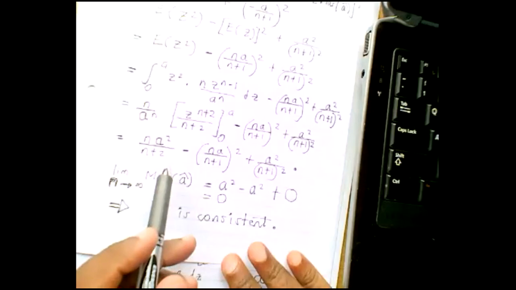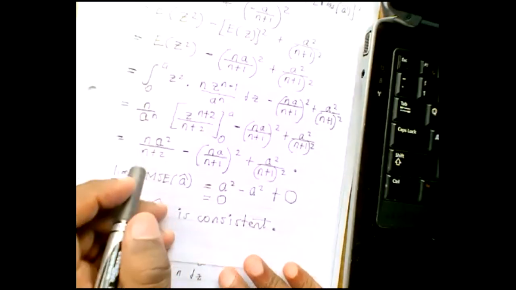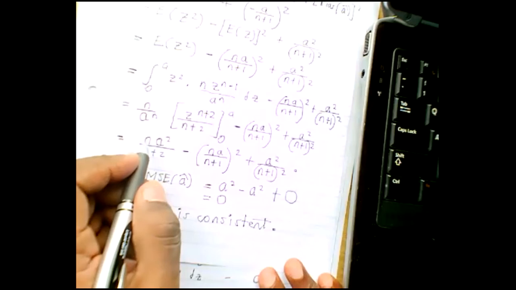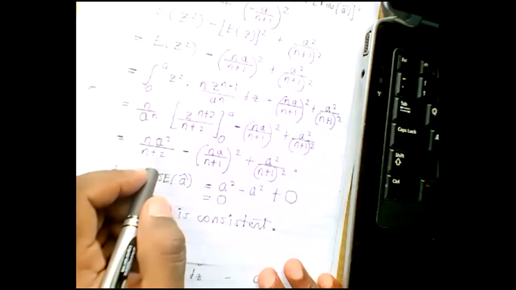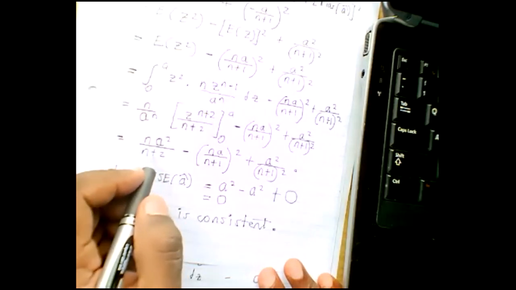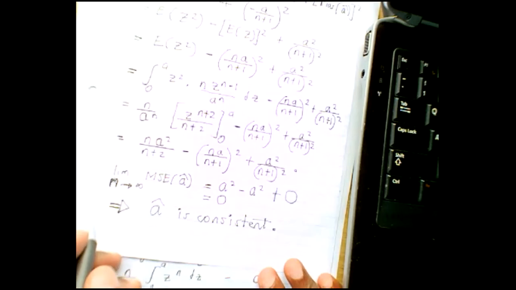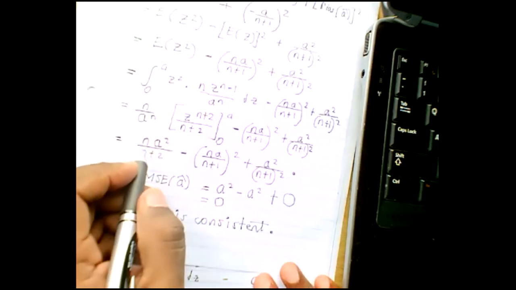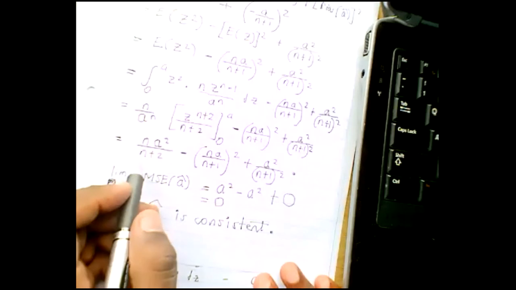All right, Cameron has a question. Why do I get a squared minus a squared here? Because, remember, the limit of n divided by n plus 2 as n goes to infinity is 1. You know that, right? Or don't you? I mean, if you take the limit of n divided by n plus 2,